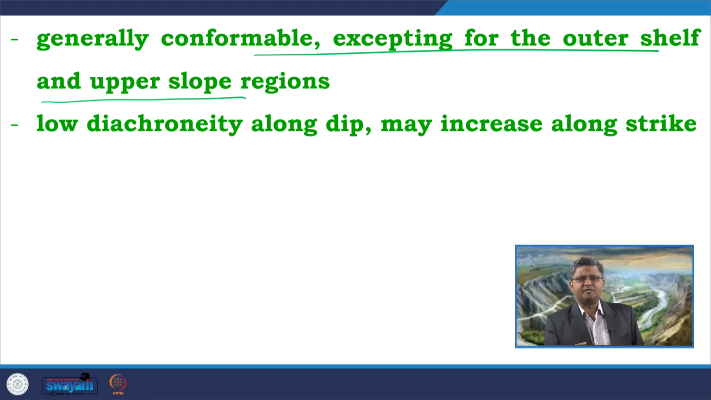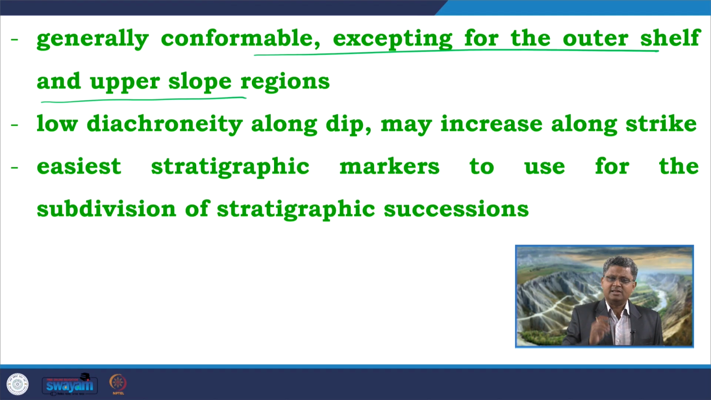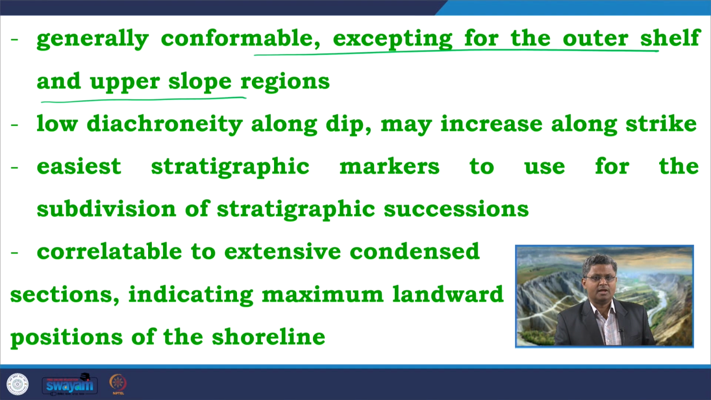Commonly, this surface shows relatively low diachroneity along the dip direction. However, the diachroneity may increase along the strike because of variability in sediment supply and accommodation creation along the strike direction. This is one of the easiest stratigraphic surfaces to identify within a succession, because it marks a changeover from fining upward to coarsening upward. So, very popularly, it is used for the subdivision of stratigraphic successions, and it is correlatable across the